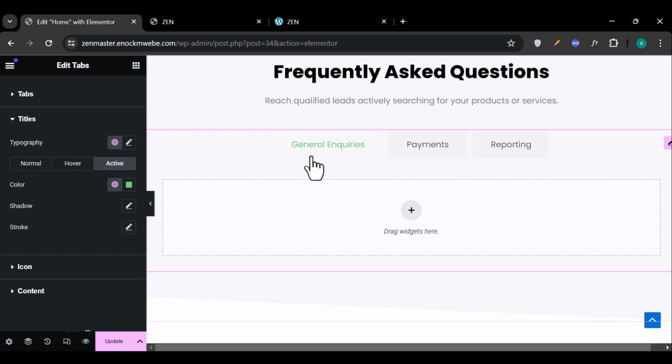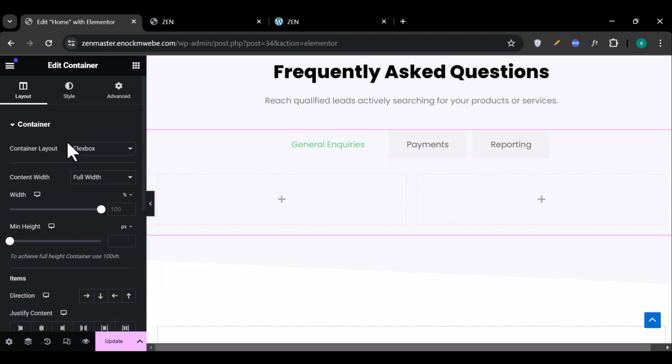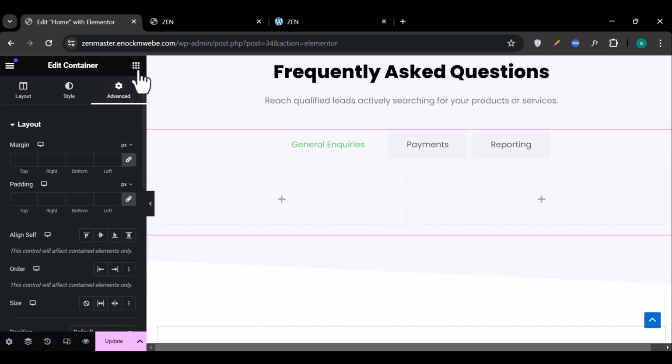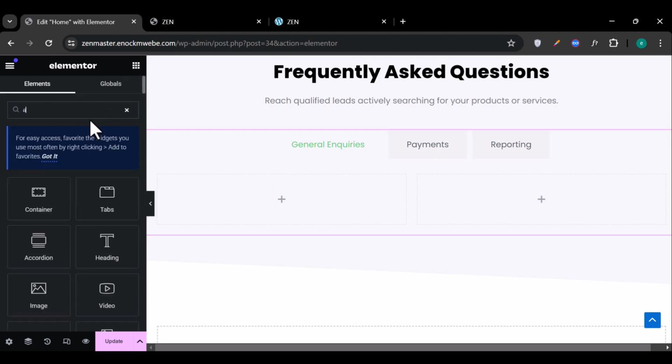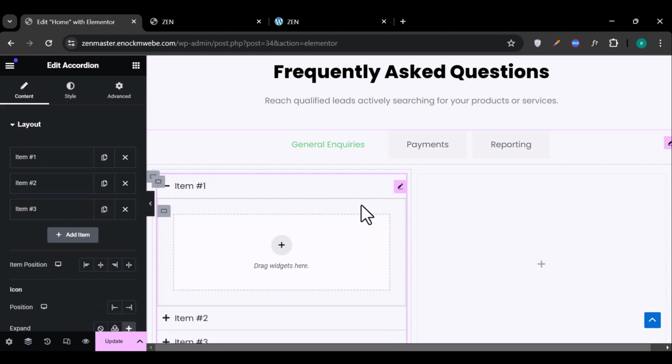Okay, so for the general inquiries, let's add something. Okay, so you're just gonna add 2 columns. Yeah, and what we're gonna do is that we're gonna add accordions. So we're gonna add an accordion right here. Okay, then